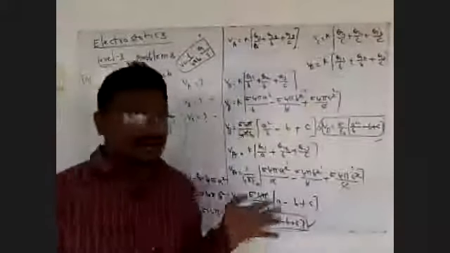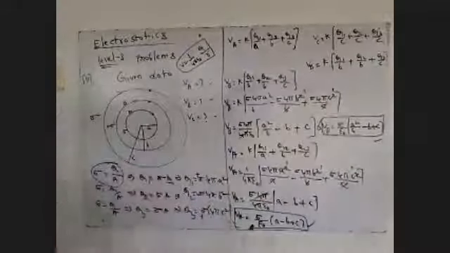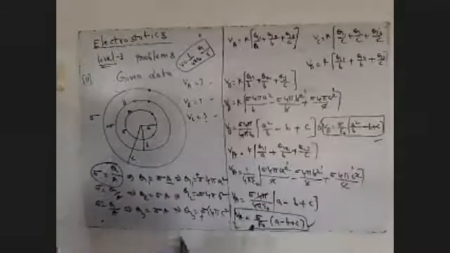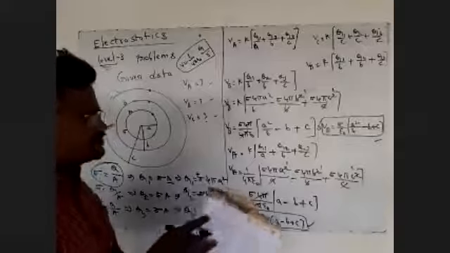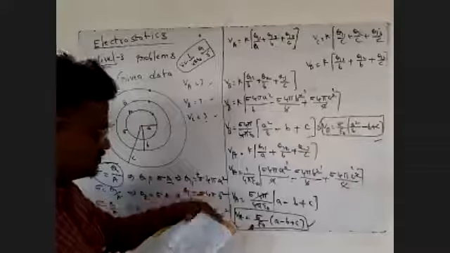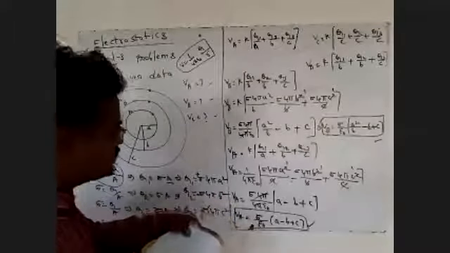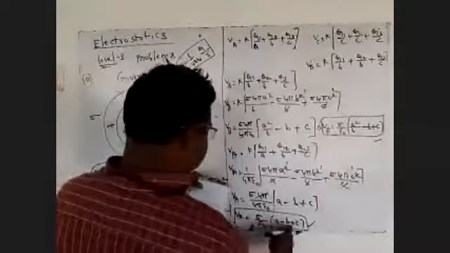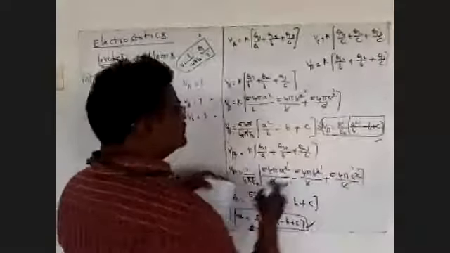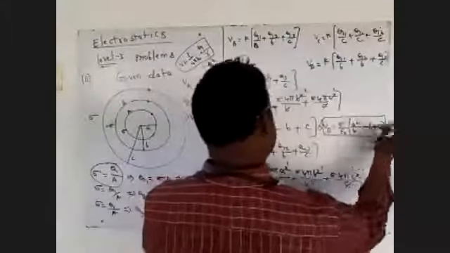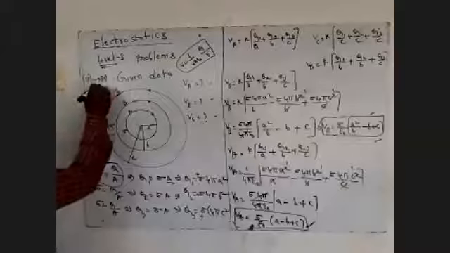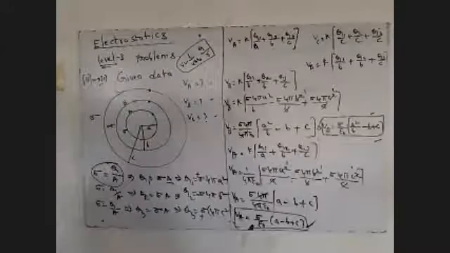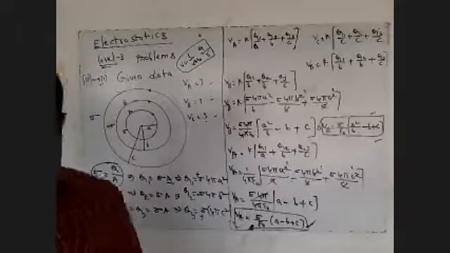So we have to check the options. These two are in the options. We have to check it. You see the 11th question options. In the first option, sigma by epsilon. First, we have to find out VA and VB. So VA is sigma by epsilon A minus B plus C, right answer. Next, sigma by epsilon A squared by B minus B plus C, right answer. And the first option is the correct answer. 11th question: the first option is correct. This is electrostatic level 3 problems.